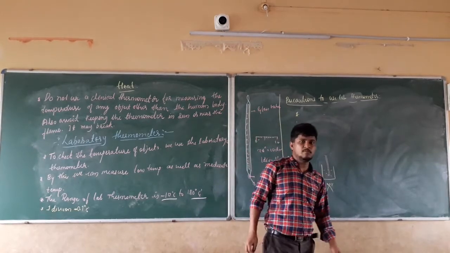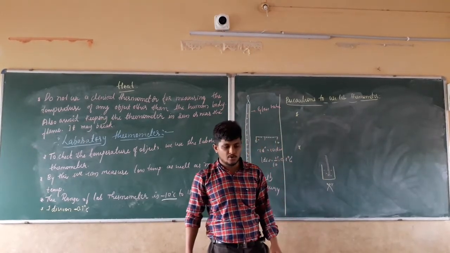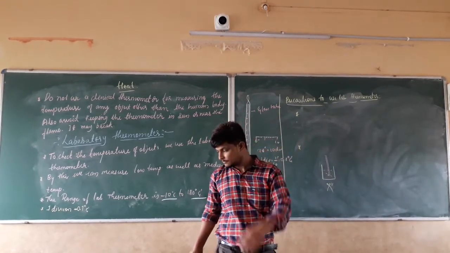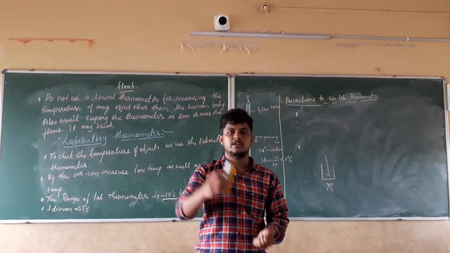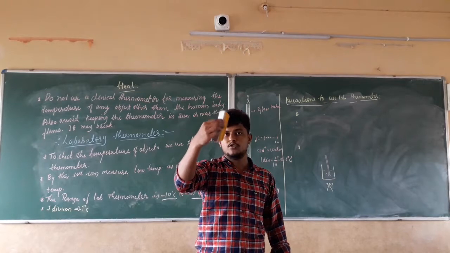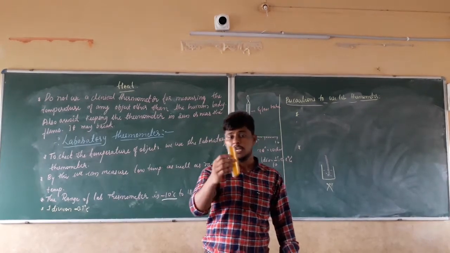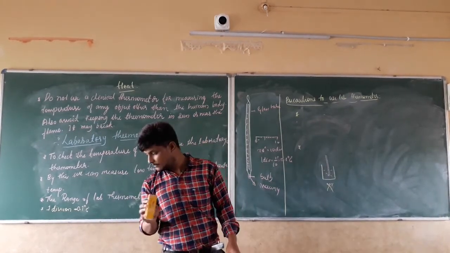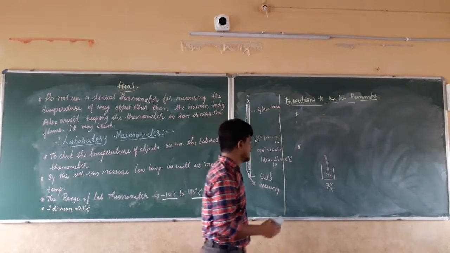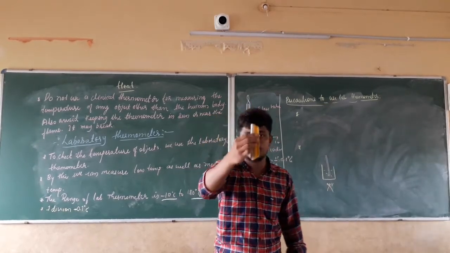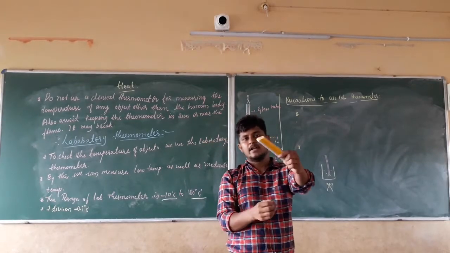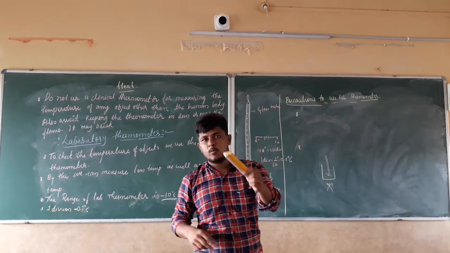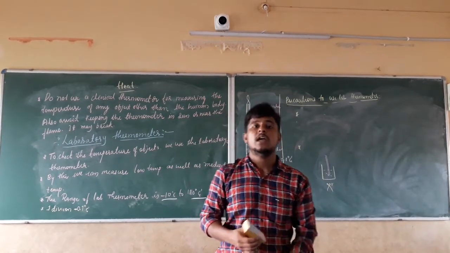If I am going to put the thermometer in this boiling water, what precaution should I take care of? Here, the thermometer shouldn't be tilted. If I want to read the readings in this thermometer, the thermometer should be straight only. It should be like this. It shouldn't be a tilted one. It should be upright and not tilted. It should be erect. It should be straight. If it is tilted, when I see the temperature, there will be 2 points I am going to see there.